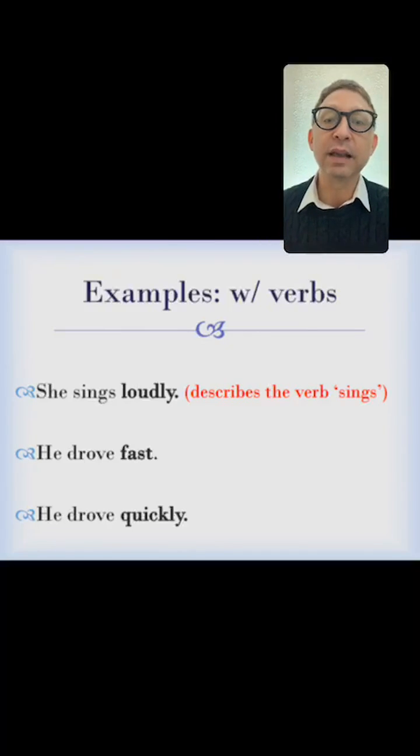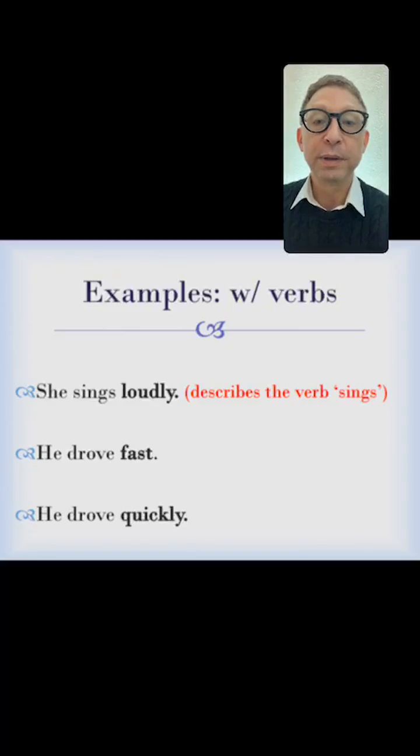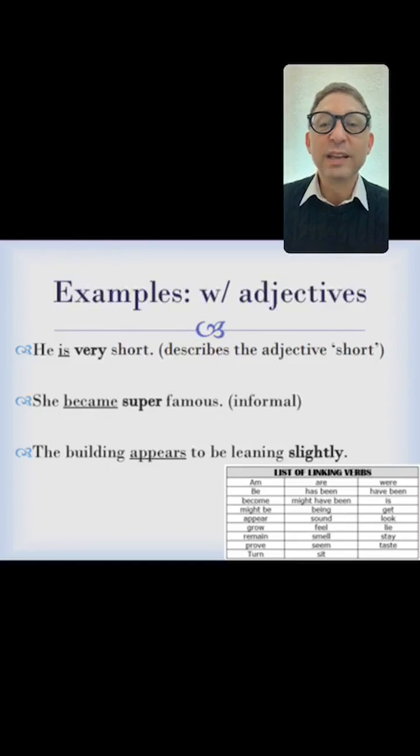She sings loudly. He drove fast. He drove quickly. So we have adverbs fast and quickly. One ends in ly, the other doesn't. And then, of course, sings loudly. So these describe verbs. This is the most common, but almost as common, not quite as common, is examples